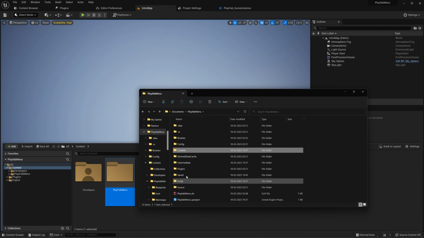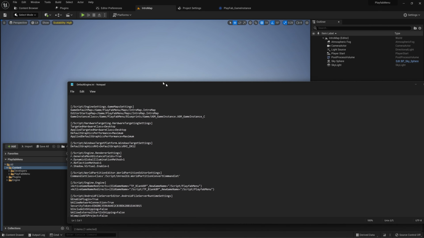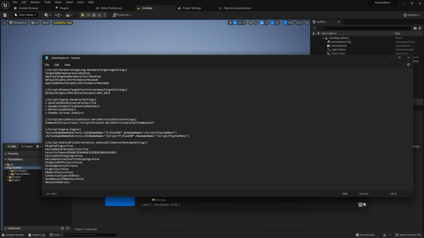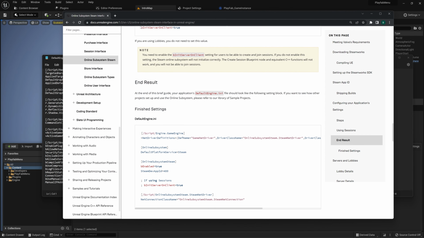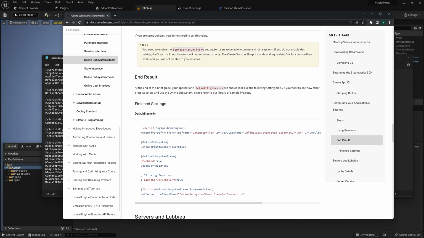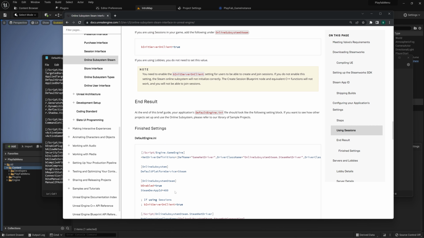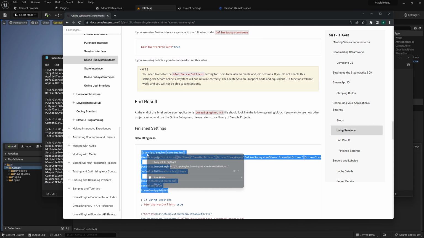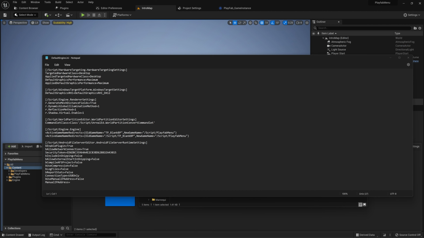So now we will have to go to the config folder and DefaultEngine.ini. Scroll down a bit, and as you can see, we do not have any subsystem enabled as of now. So we will have to enable our online subsystem for Steam. So copy this code. We do not need sessions, we just need this thing for now. So copy this, and this will enable the